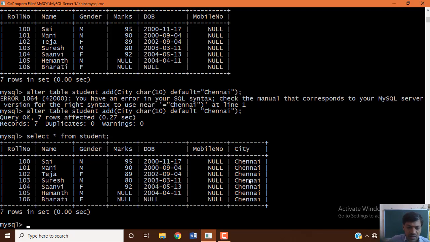Okay, so now how you can modify the size of your field or attribute or column. You can modify by using the command alter table student modify name varchar of, for example, 60.